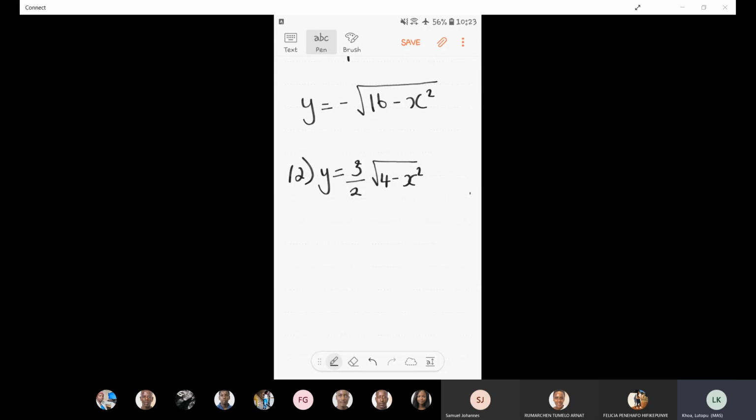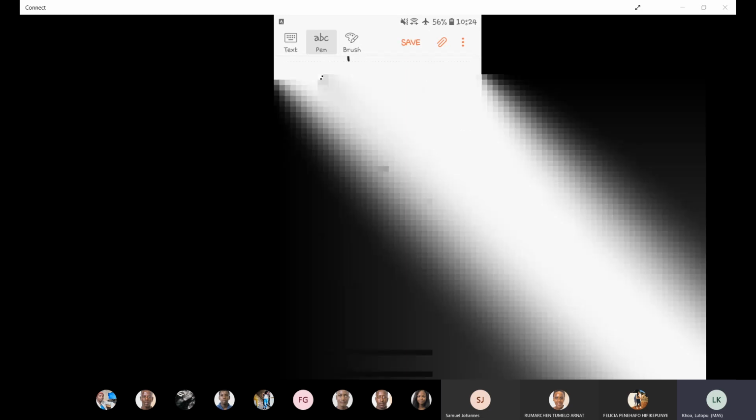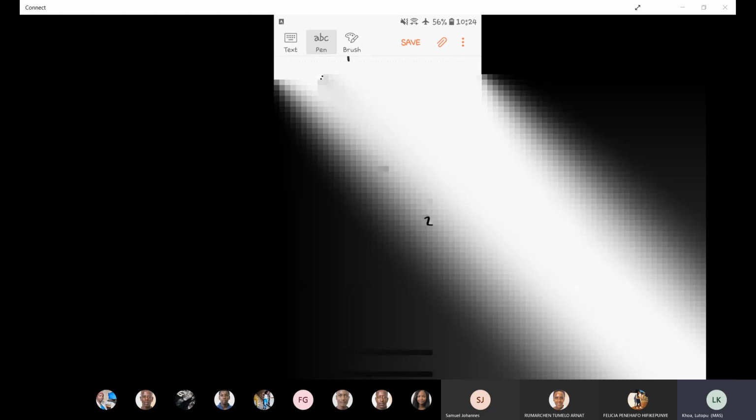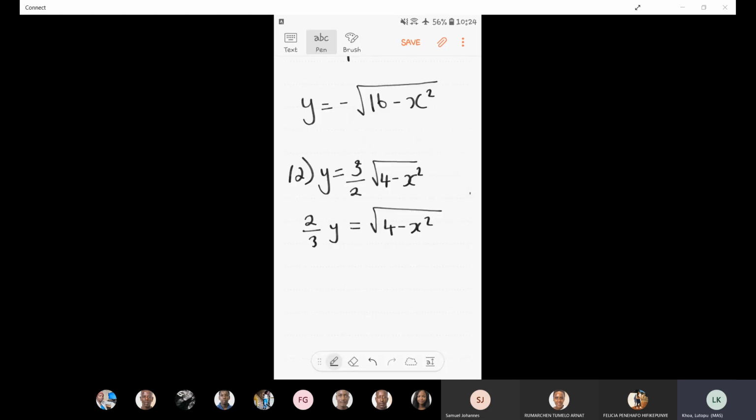So what we can do is multiply both sides by 2 over 3. So I have 2 over 3 y, and this is equal to the square root of 4 minus x squared. Then when I square both sides, I have 4 over 9 y squared, equal to 4